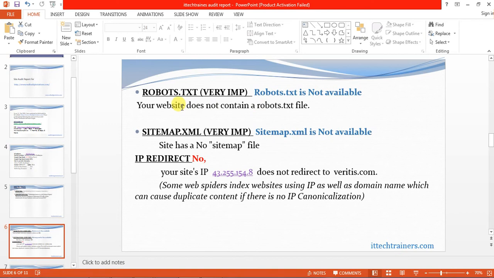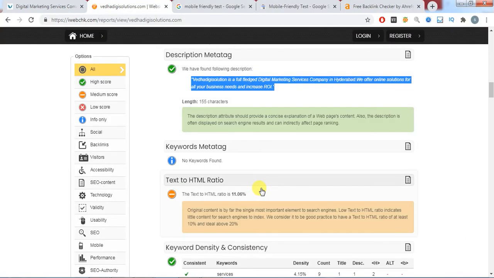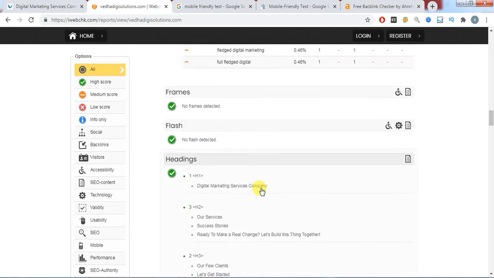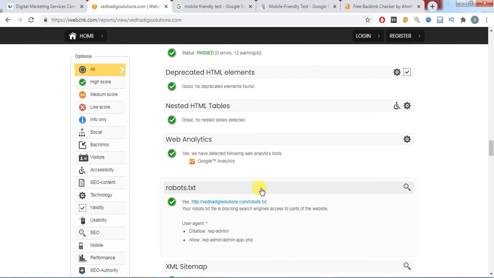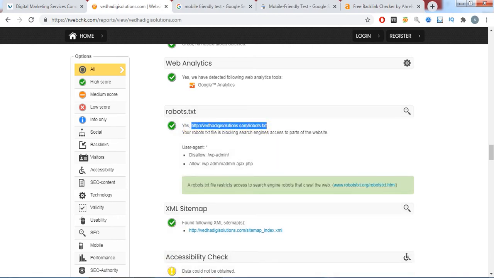And here you need to check the robot.txt file also, because this is a most important factor. When you are doing a site audit, if robot.txt and sitemaps are not available, you need to immediately index your website in the Google Search Console. You can see here robot.txt is already there, and you need to mention that file name in the site audit.